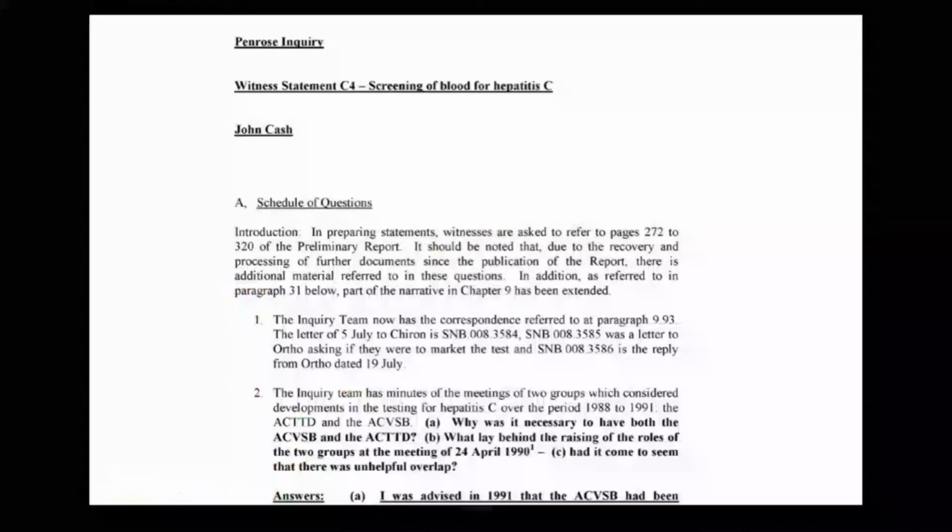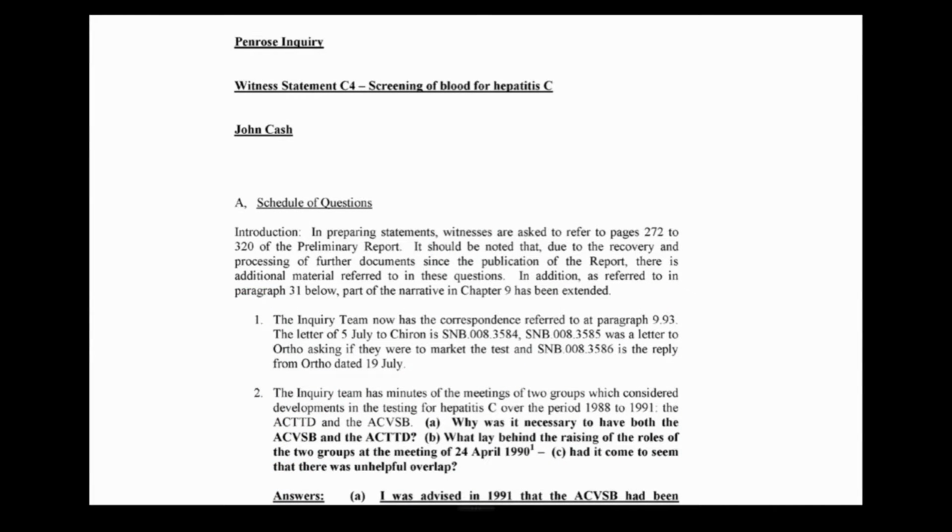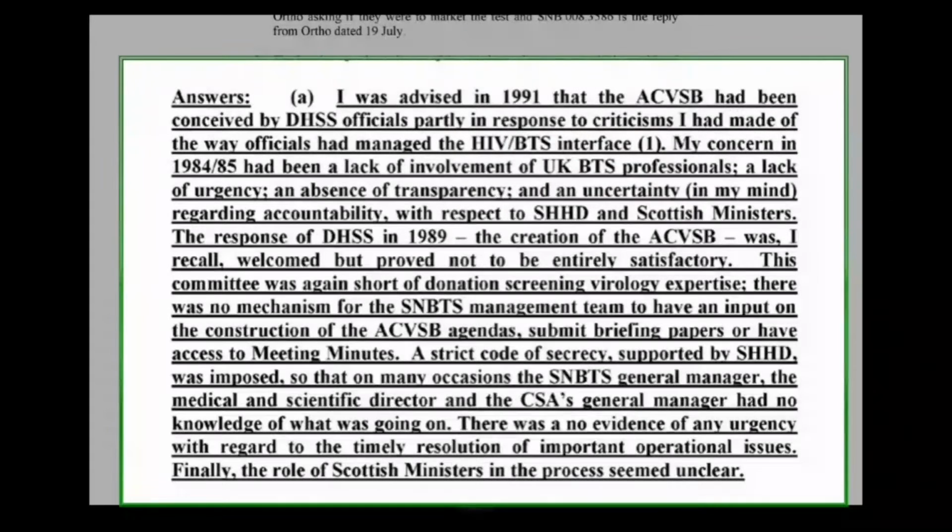If we look, just sticking with this particular committee, if we look at another of Professor Cash's statements to the Penrose Inquiry, PRSE 302529, we'll see some observations in this statement that Professor Cash makes about both the ACVSB and the Advisory Committee on Transfusion-Transmitted Diseases. So if we pick it up on the bottom half of the page, the passage which is underlined, I was advised in 1991, and this may be, I think, a reference to the letter we've just looked at,